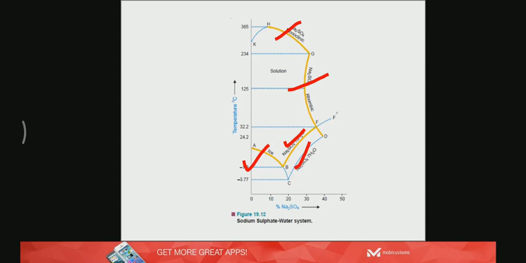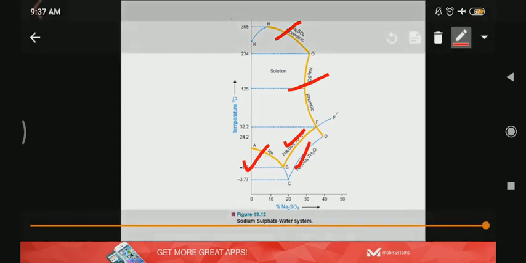There is a correction in this diagram, that is the curve shown here, FD, that is shown bold, but it is to be a broken line because it's a metastable equilibria. That is, this curve is to be a broken line. Okay. Fine. Now going back to the previous diagram,